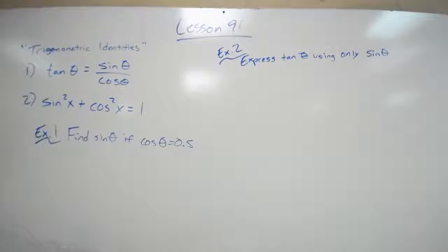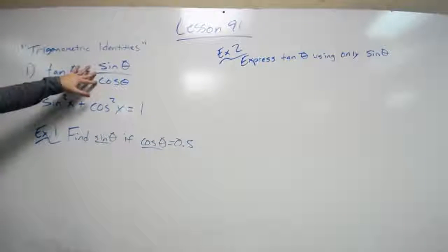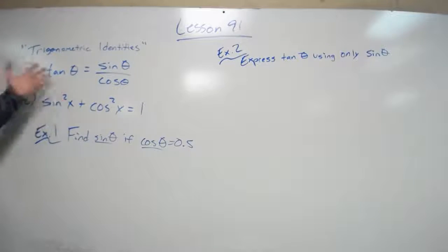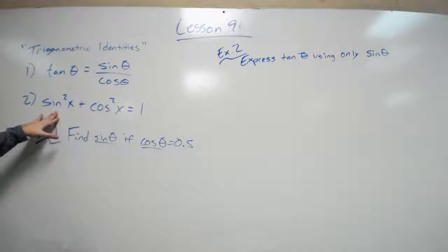In example 1, it says find sine of theta if cosine of theta is 0.5. My first thing is to look at which one of these two trigonometric identities uses sine and cosine. Obviously this one does, but that's for if it's equal to tangent of theta. We're not going to need that. We're going to plug in so that we have no more variables. So when I plug in,